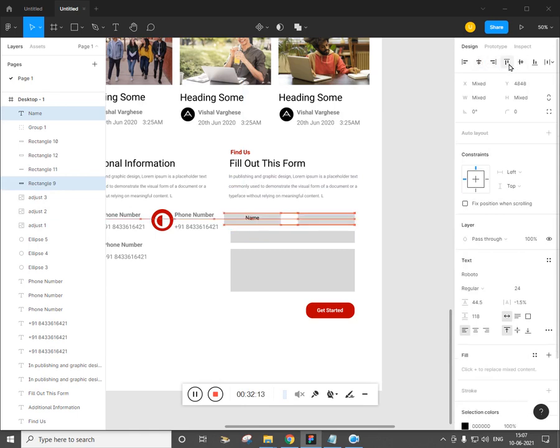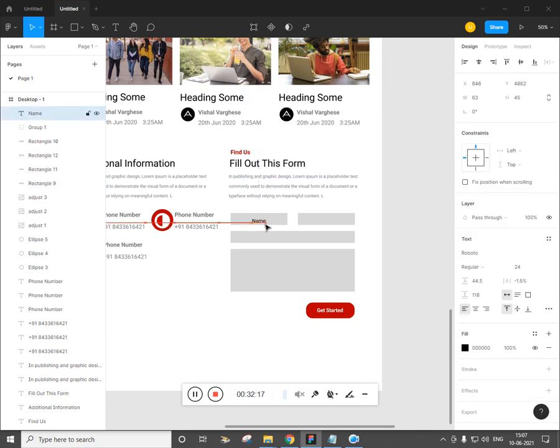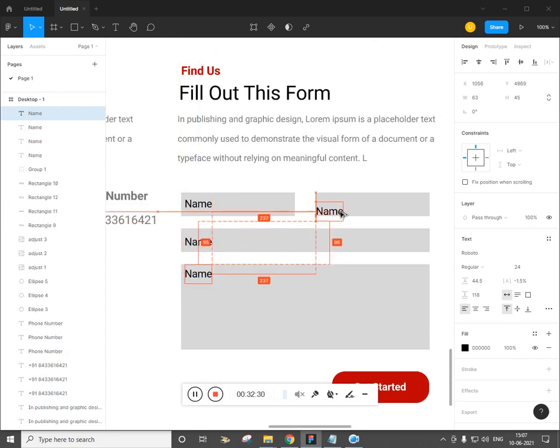We don't need this, we want this to be, select the name text. Cool. Zoom in. Likewise, alt drag and alt drag.